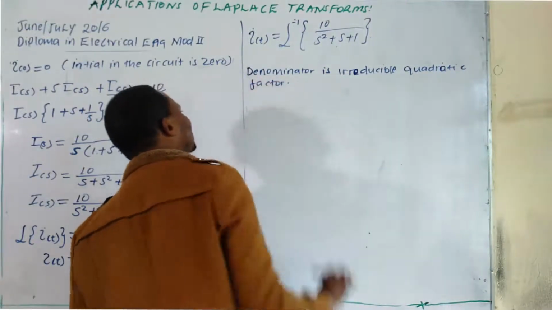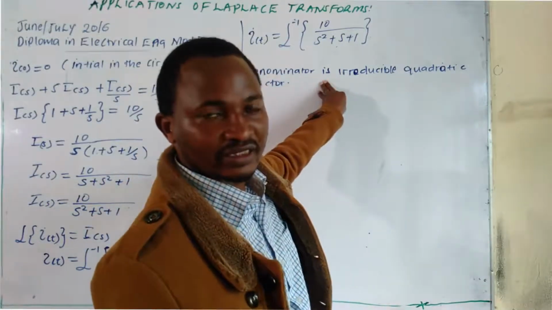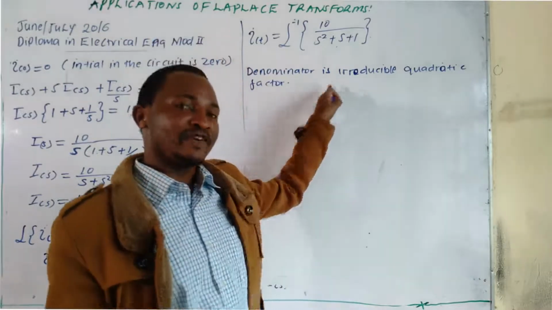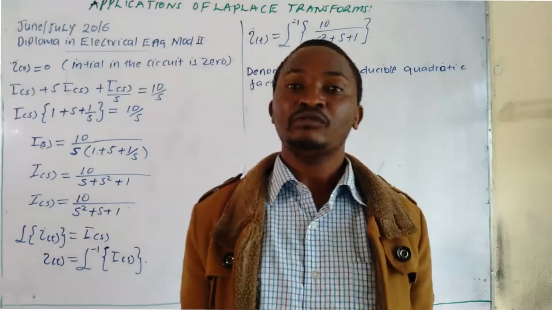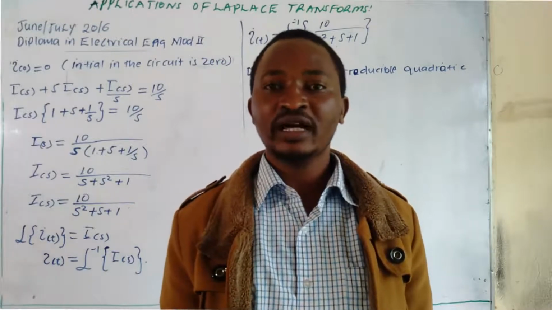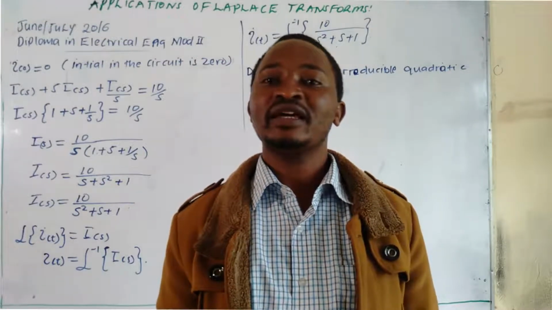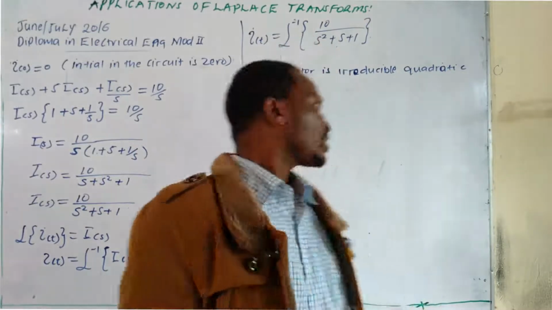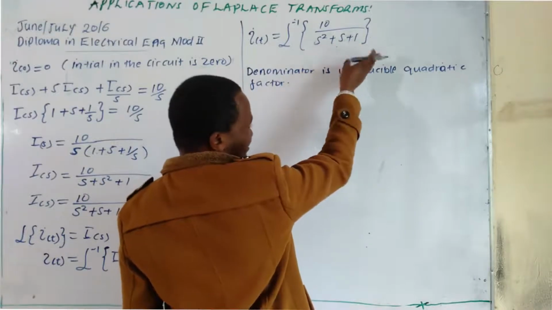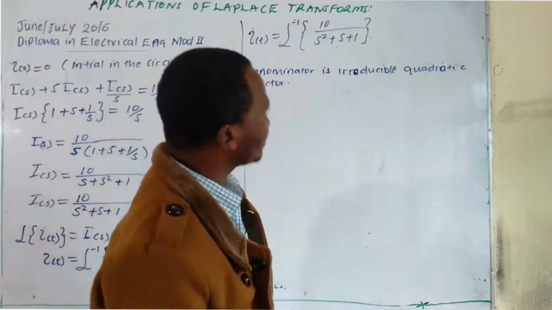But there is only one factor. Because there is only one factor, you do not apply partial fractions. You apply partial fractions when you have more than one factor. If you have only one factor in the denominator, you go ahead and directly find the inverse Laplace transform. So here, we can make the denominator look a little bit nicer.